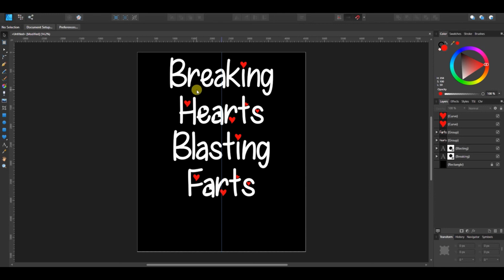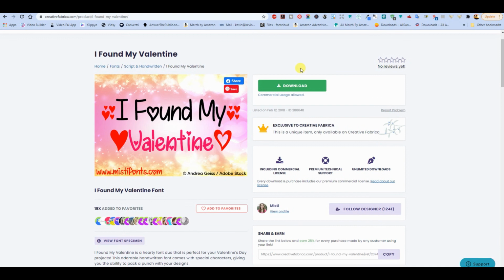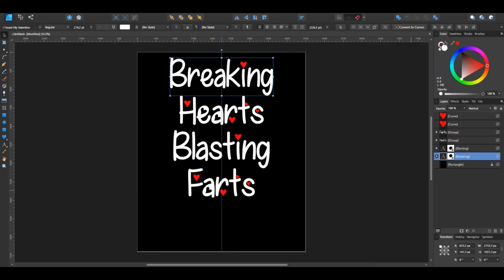I've used these for quite a few designs. I uploaded probably 20, at least 20, and used mostly these two fonts. And I can pause and check, see if it's on Creative Fabrica. Okay, I've checked over on Creative Fabrica and it is there. And it's a duo, so the hearted one comes with it. And I'll drop a link to this in the description below. It's a pretty good font, and on some of them I even